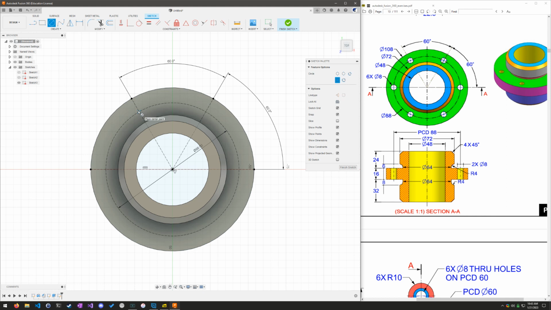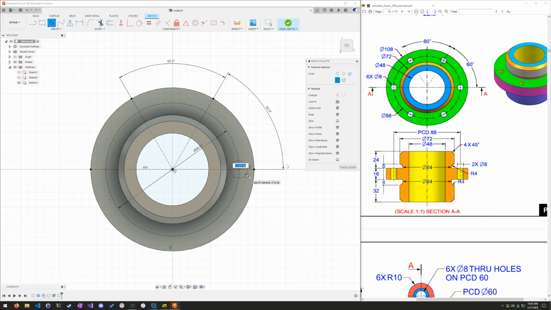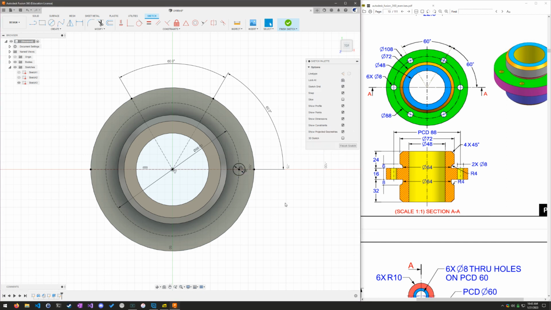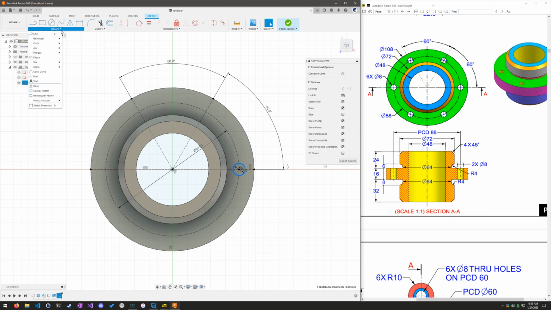And I don't think we even needed to do these lines here, because if we just put it right here and used the circle tool and said that we wanted 6 of them, actually let's just practice. Let's just try that. Let's go ahead and get, they're 8 millimeters in diameter according to the drawing. These are not going to be construction lines. These will be real. Now, if I select this and use my circular pattern tool under create,